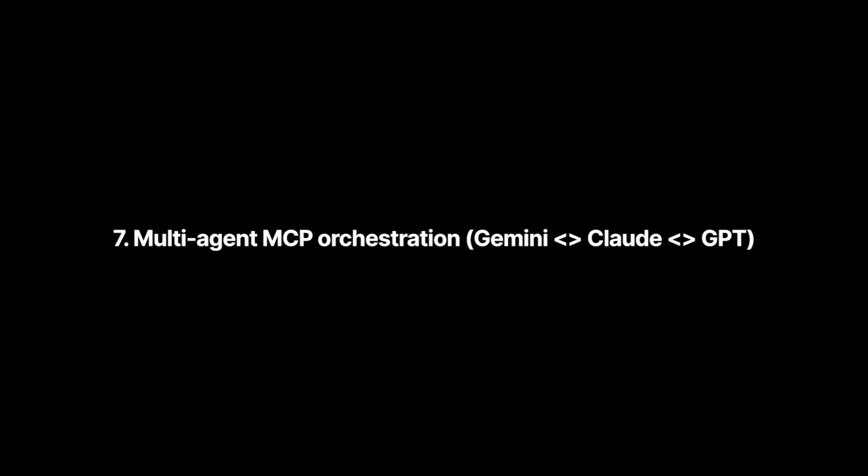So self-modifying agent instructions, where the agent will rewrite its own rules to minimize the number of errors made. Multi-agent MCP orchestration, which is where we'll register Codex, Gemini, and Claude as MCP servers so you can manage multiple agents within a single conversation thread. Video to action pipelines, where we'll teach agents to learn from YouTube videos instead of plain text alone.